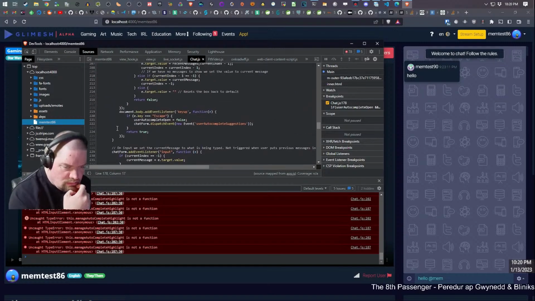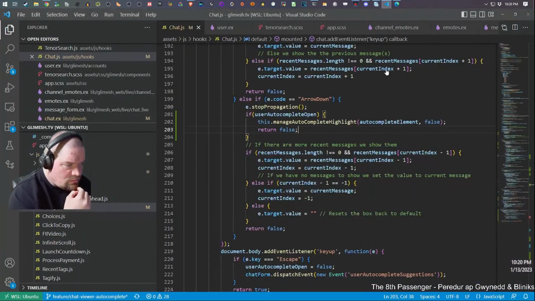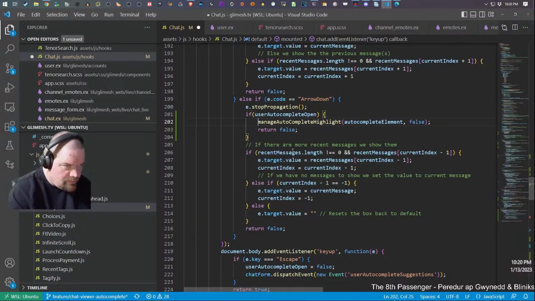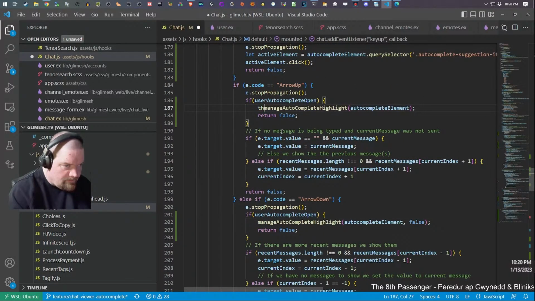Where is the... Oh, I'm getting errors. Okay. Manage autocomplete highlight is not functioning. I wonder if I have to make that above the other one here.